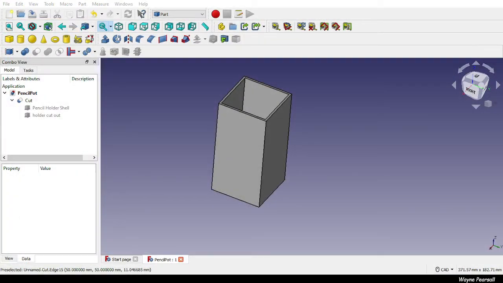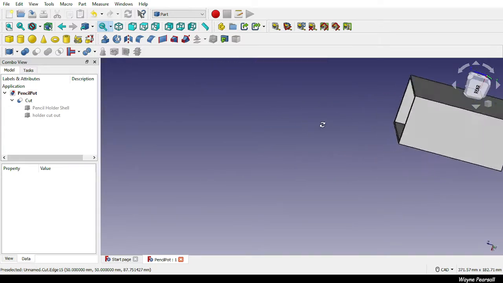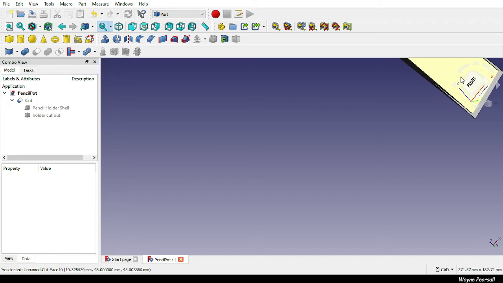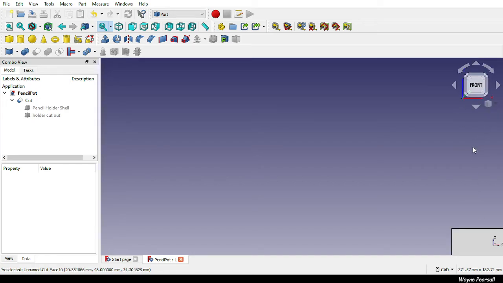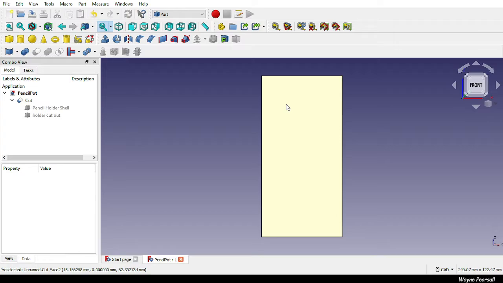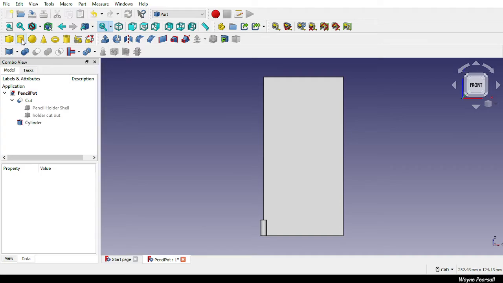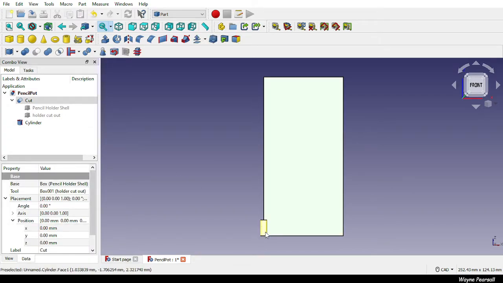So moving back over to the FreeCAD, we've now got our pencil pot all cut out and everything, but like I say, let's switch to the front. We'll switch it to the front, zoom it to fit, so we're now on the front, and we might want to make this a nice personalized pot,